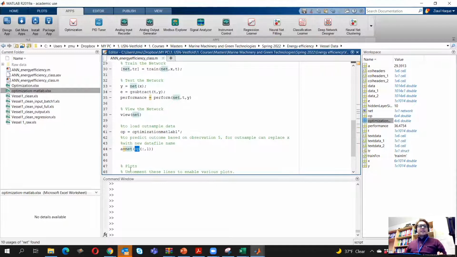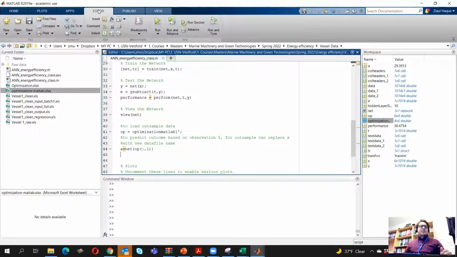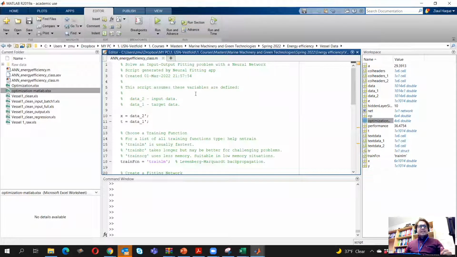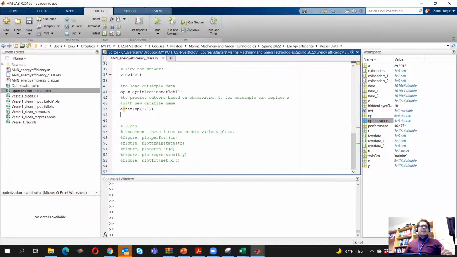Then we are using this to pick this data file, and here we are saying give us the prediction for the first row. Considering the data in this file for the first row, give us the prediction. So this is how our script looks like. It's rather simple. Then if you just run it,